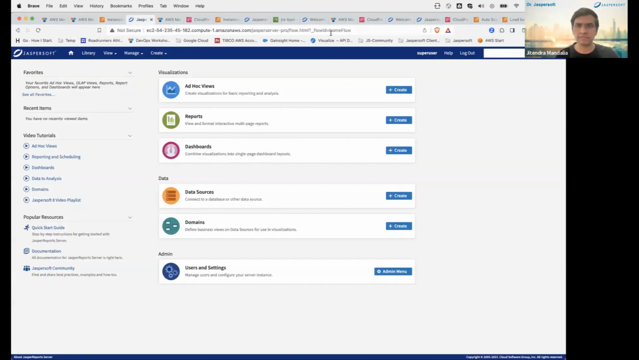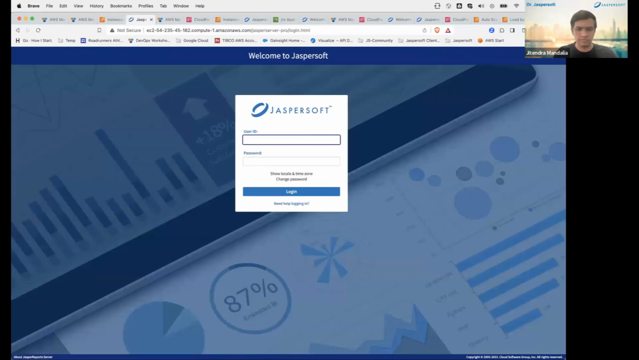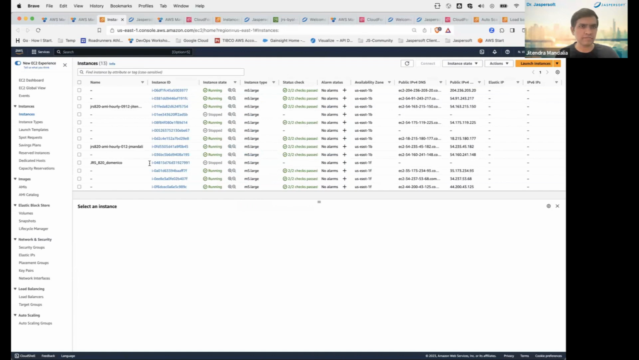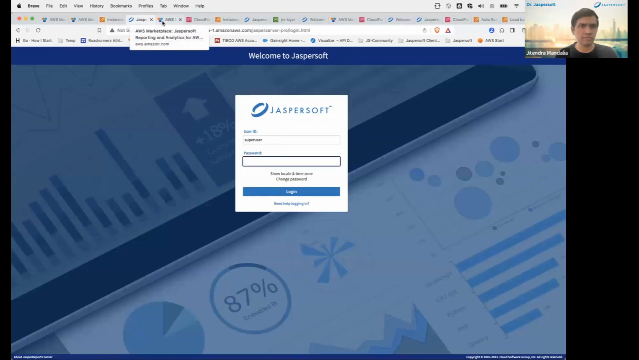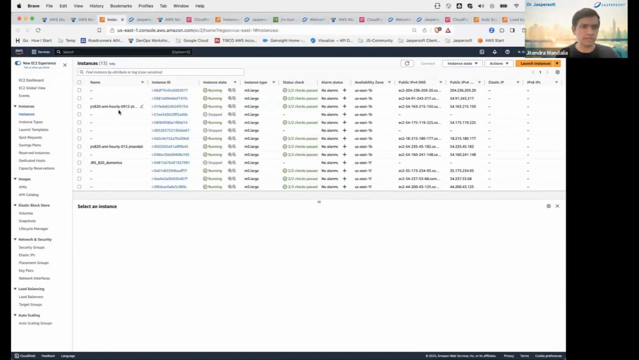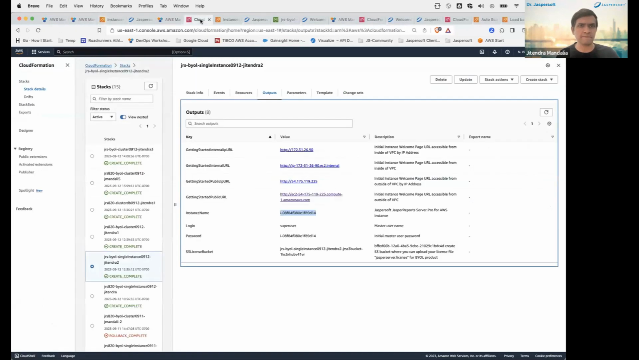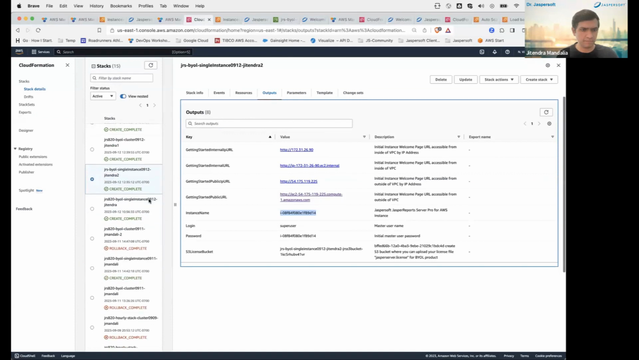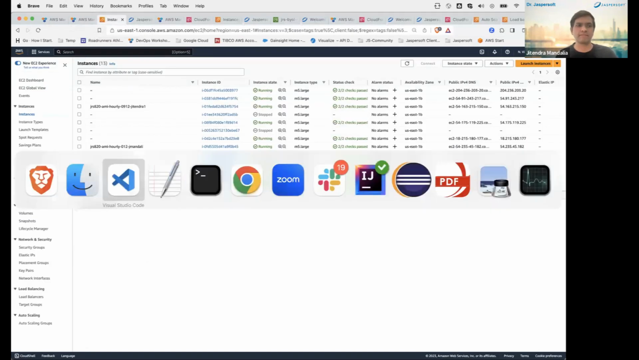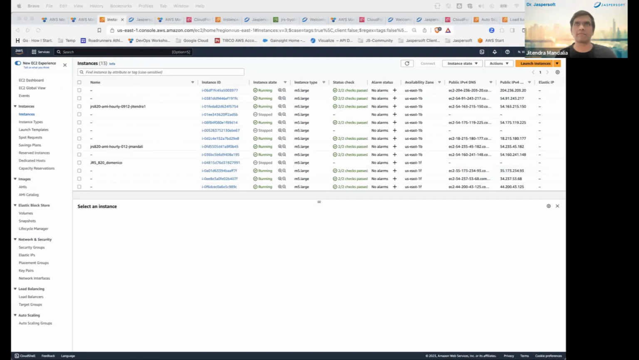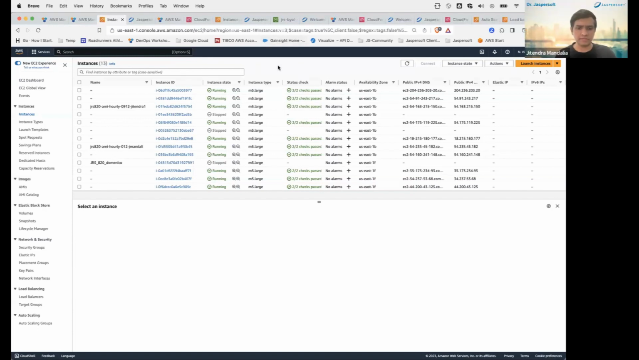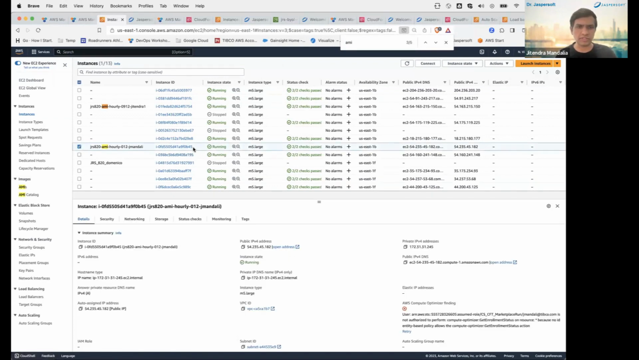So this is our AMI instance. And for that, let's get the instance ID. So to get the instance ID, let me search. I think we created the AMI one. I see the two options here. Probably this is the one. Let's copy the instance ID